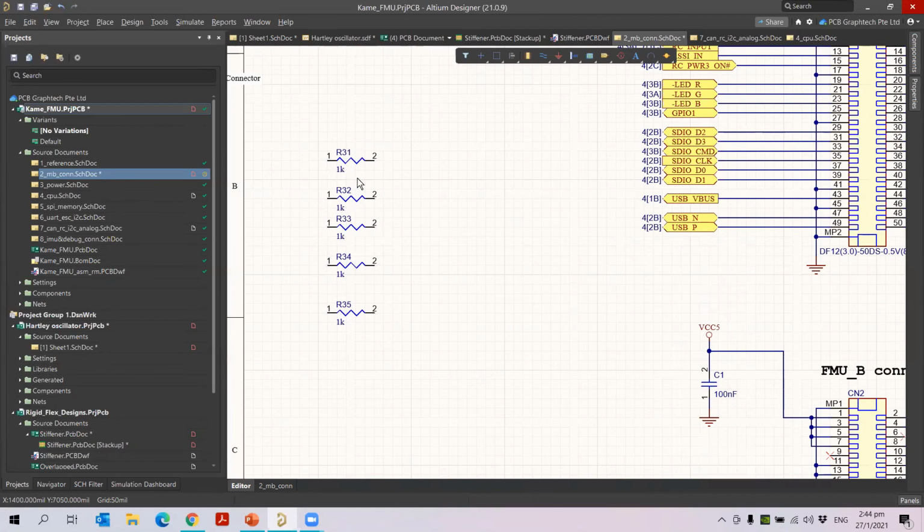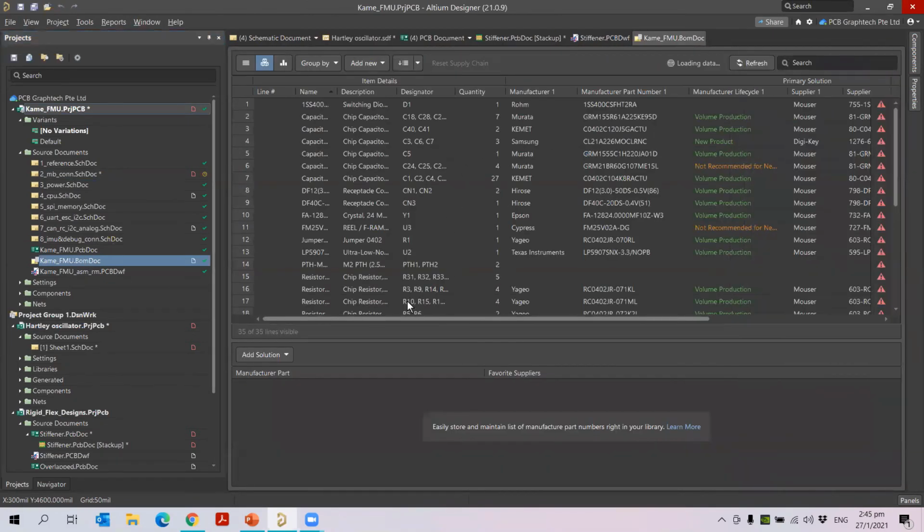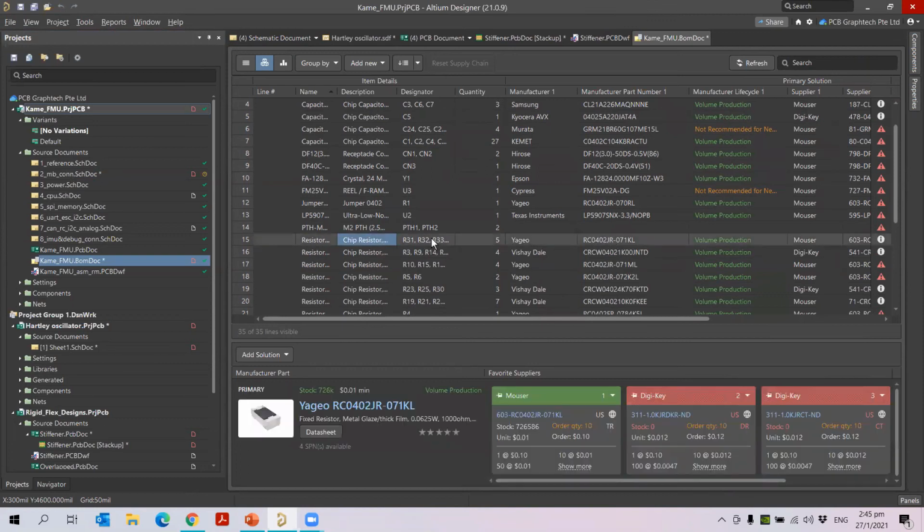Once it is done, this is mainly to change the model of certain components. So what I'm going to do is go to the active BOM for this. Inside the active BOM you can see these details, all the information here. Now you see there is the component here. Once I select it, you will see the R31, R32, R33, five components have come here. It automatically selects the manufacturer and all the details. Sometimes it may not have the manufacturer details.